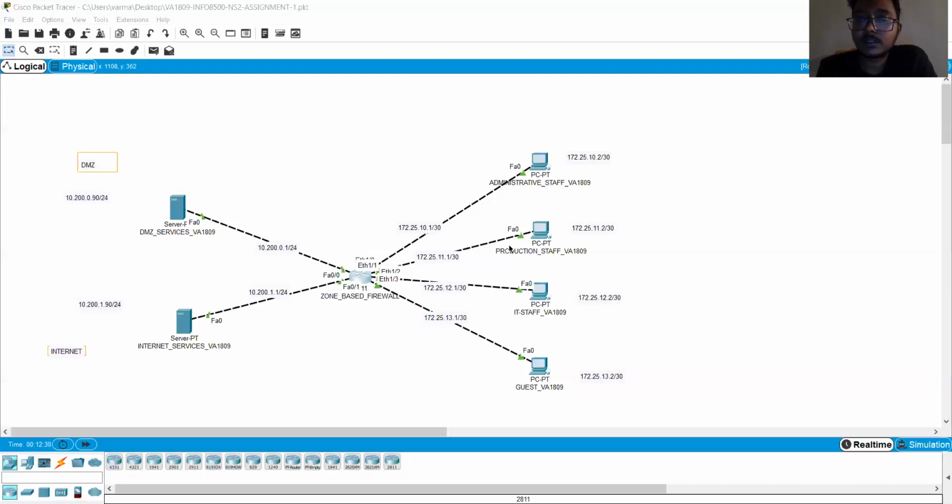I have configured this through NAT, and I have used this standard access list to allow the NAT protocol of the internet services for that network. This access list is going to permit all the workstations which are under the 175.25.0.0 network to the internet services. So this is what I have done for the requirements given by an organization through this document.